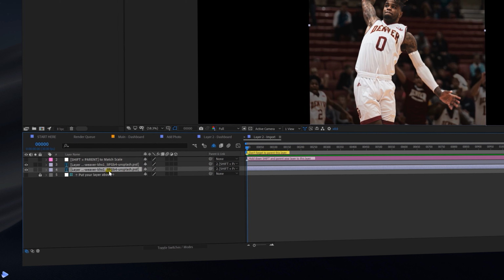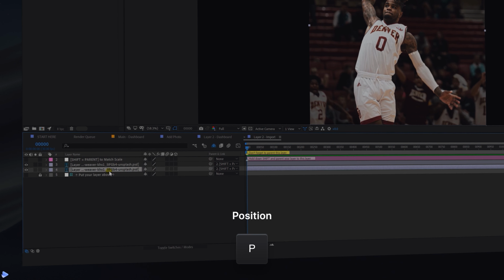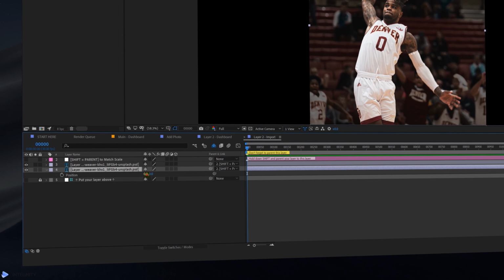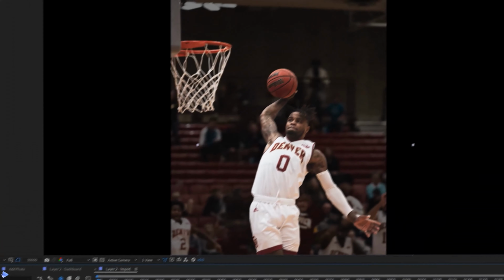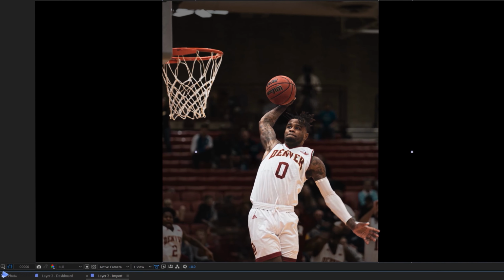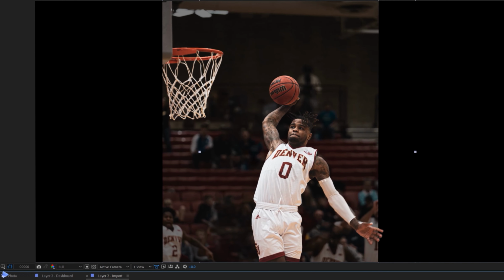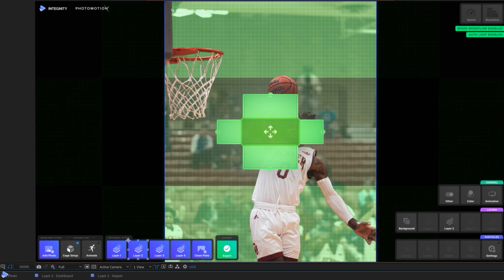We don't need to go back to Photoshop, of course, to do this. Just select the actual base Photoshop layer and then move the positioning. Don't do this to the layer at the very top where we've been parenting to, otherwise that's going to move the whole entire project, which of course we don't exactly want. So back in the main dashboard now, we can see that our layers here have fit quite nicely.